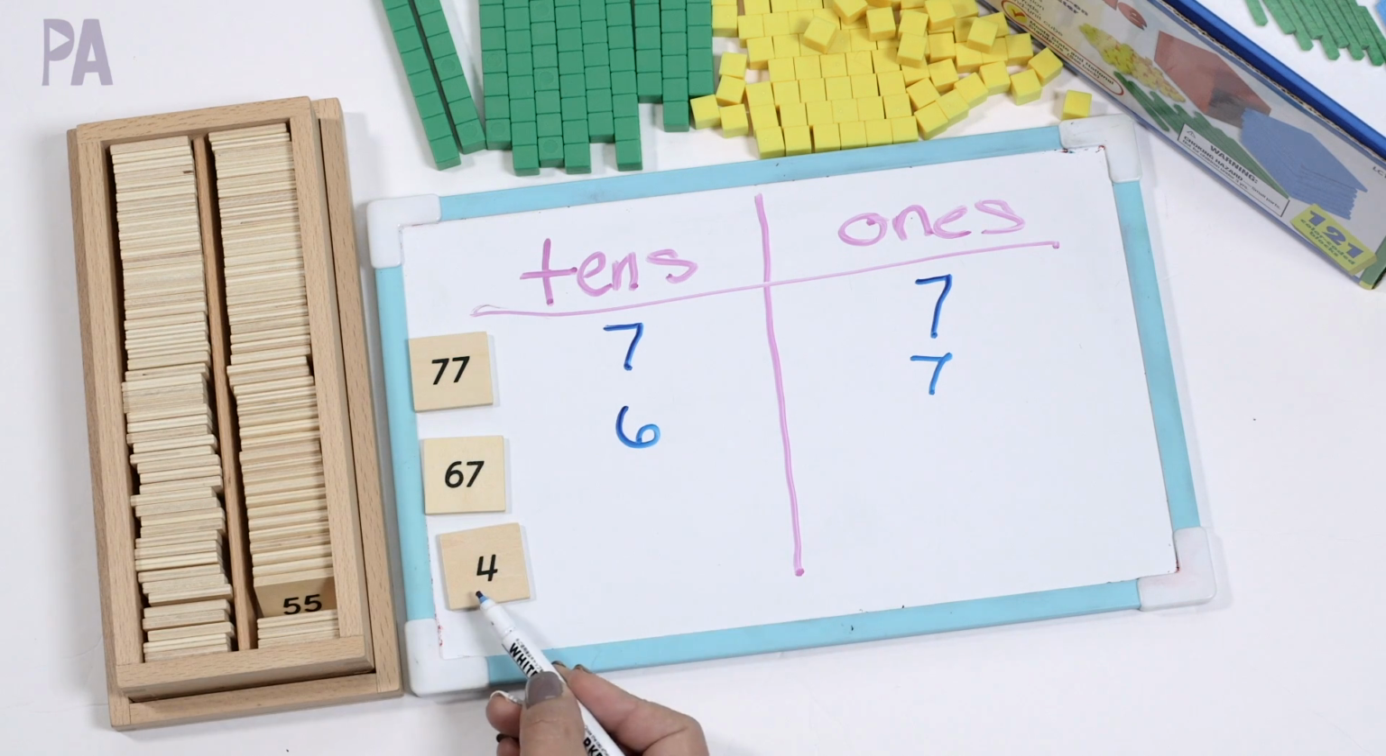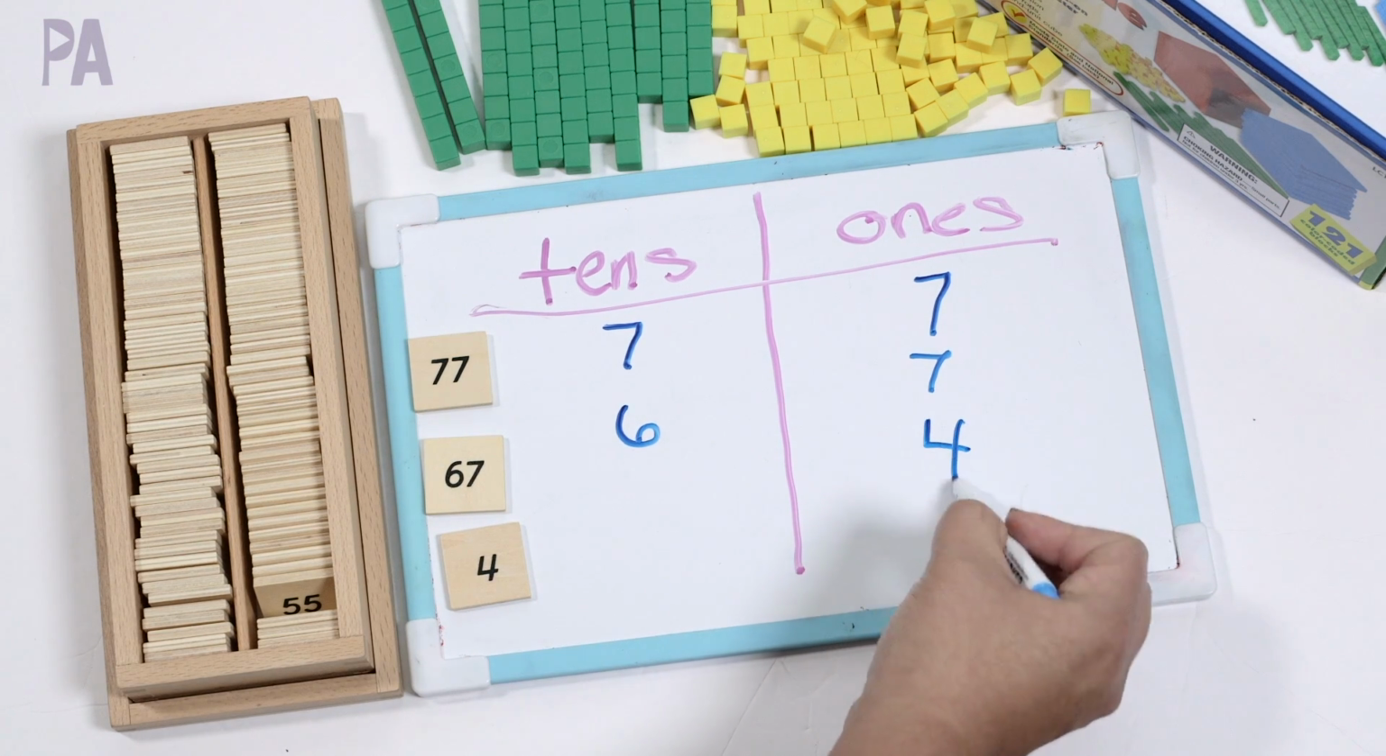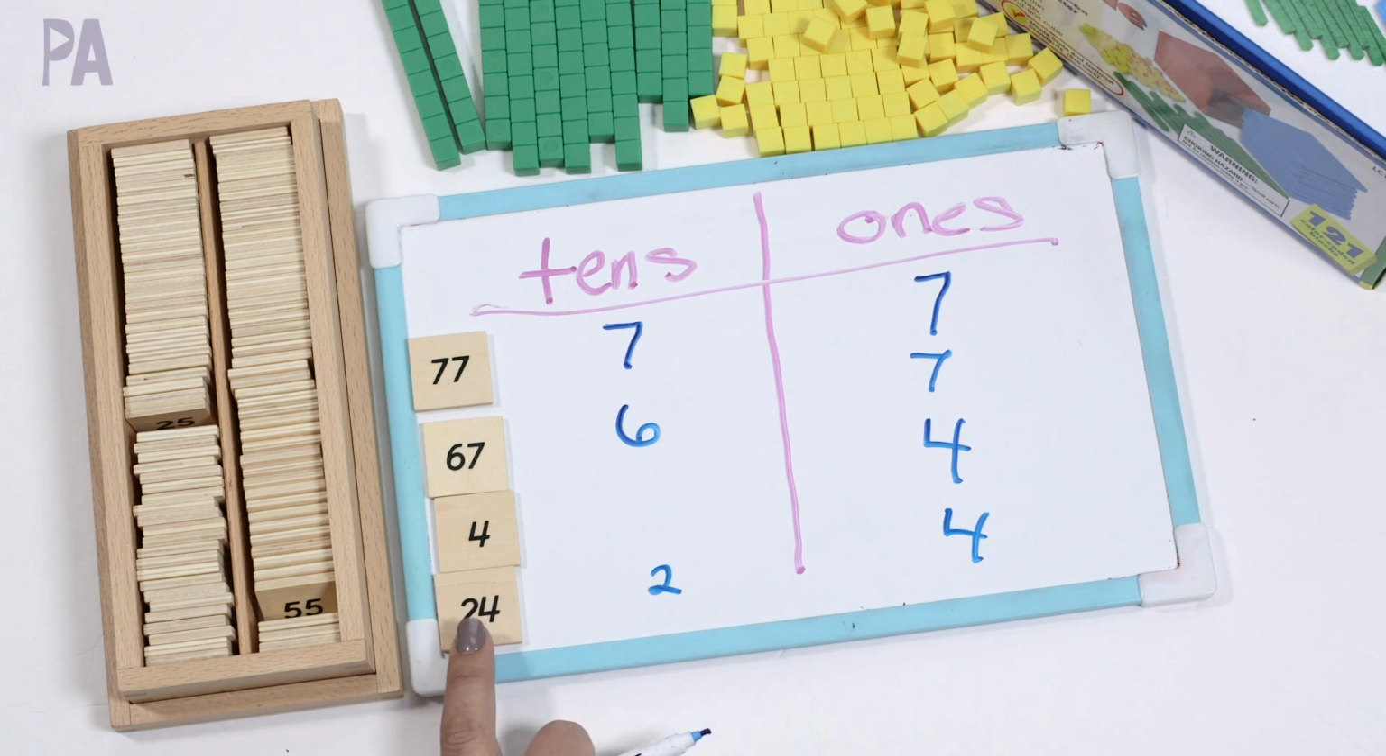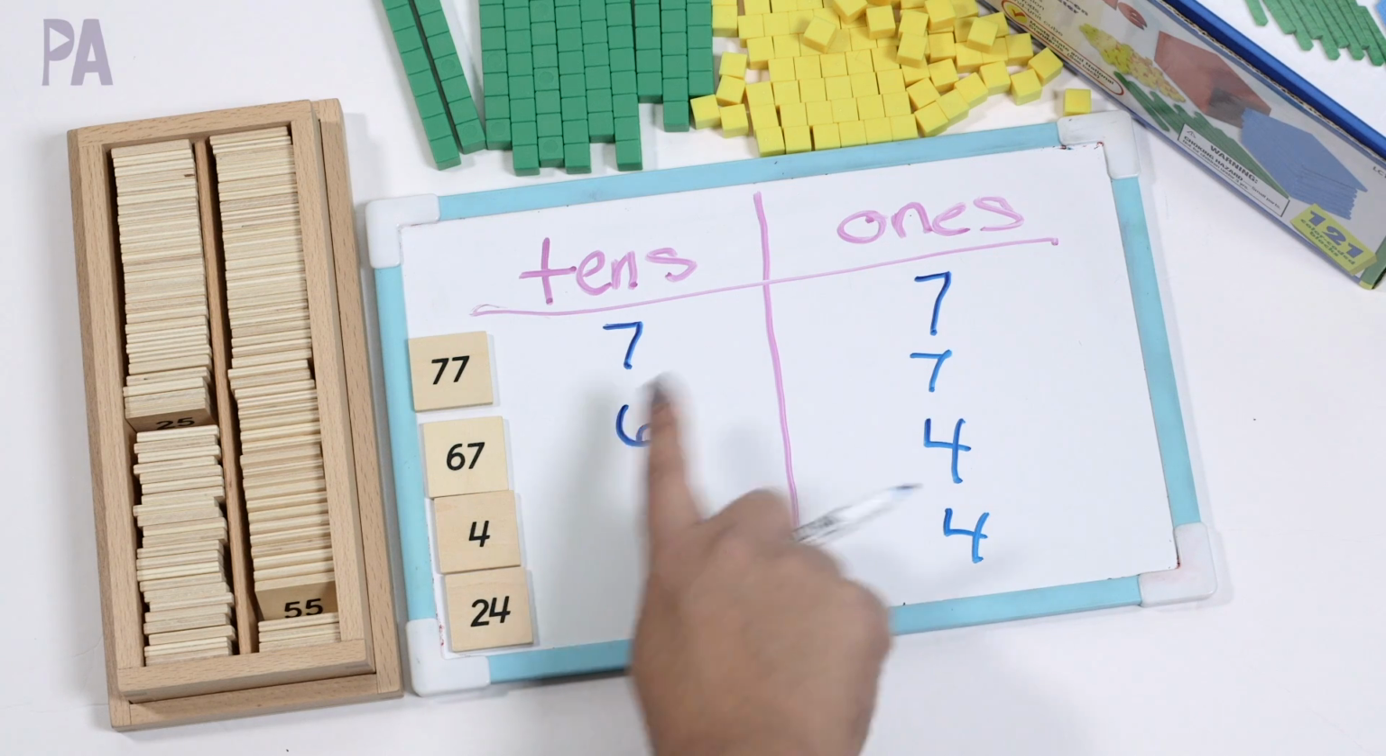Then I'll have to explain that there's only 4 1s. And 1 last one, a 2 and a 4. So you get the idea. So what we're doing is explaining the place value of just 10s and just 1s and physically writing it down